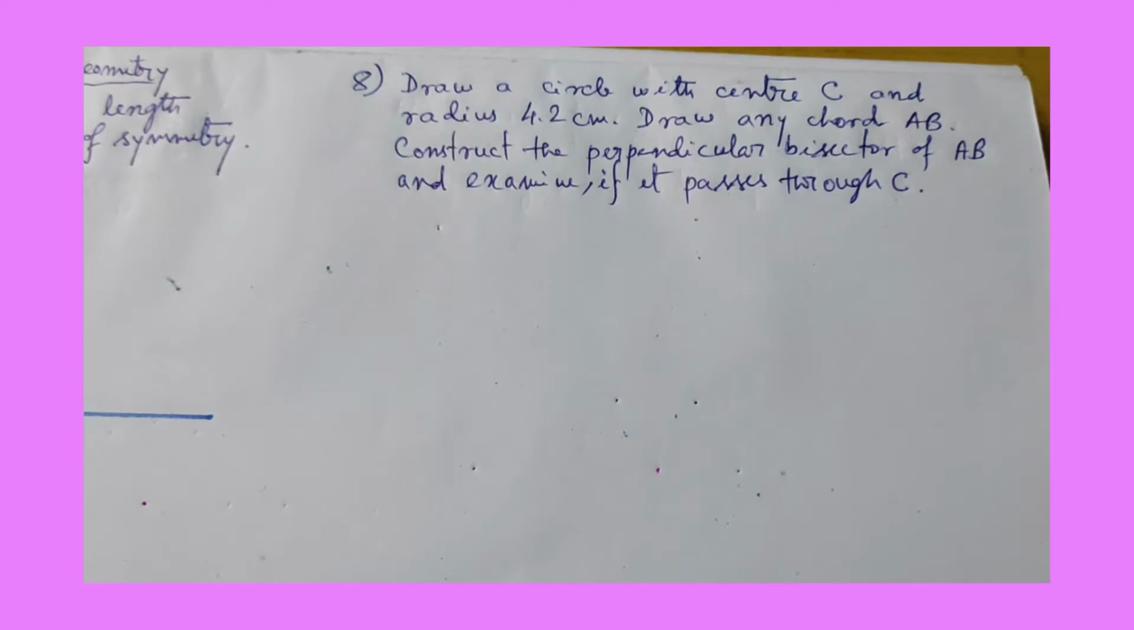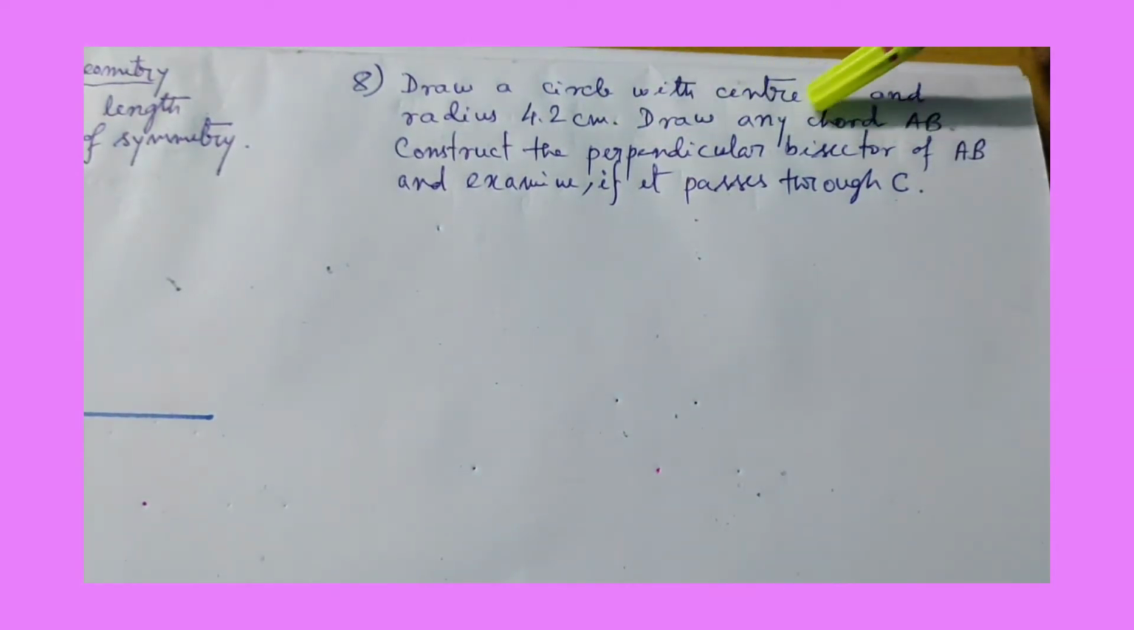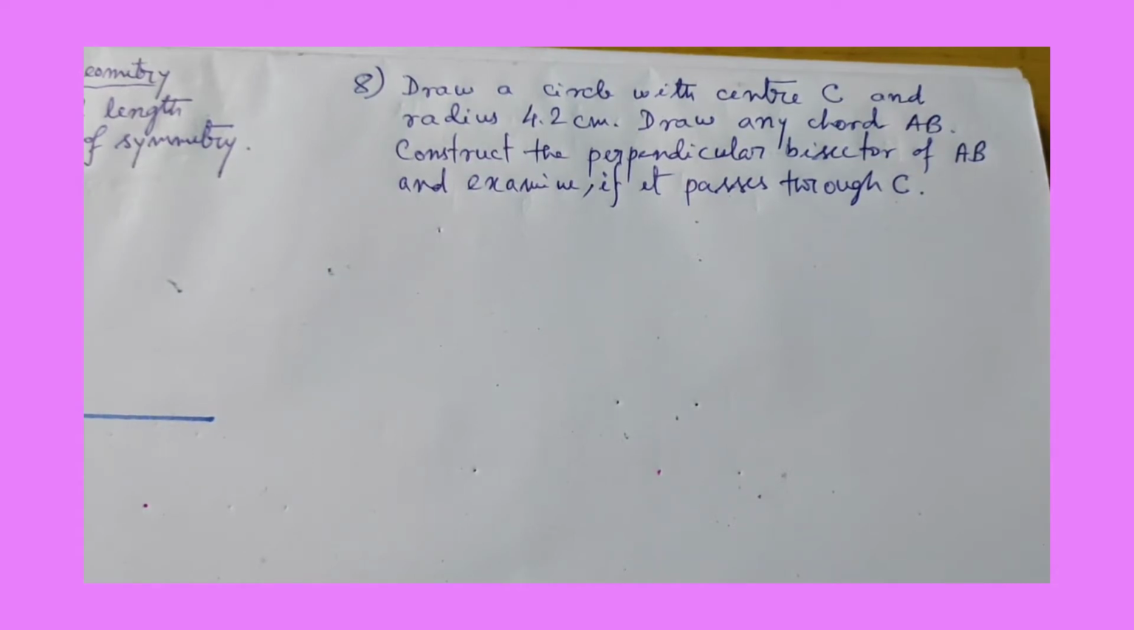Today we are going to draw one more construction where first we will draw a circle of radius 4.2 centimeter and then we will draw any chord AB in this circle, and after that we will construct the perpendicular bisector on the chord AB. And finally, we will examine whether this perpendicular bisector passes through C or not. C is actually the center of the circle. Okay. So students, let us first